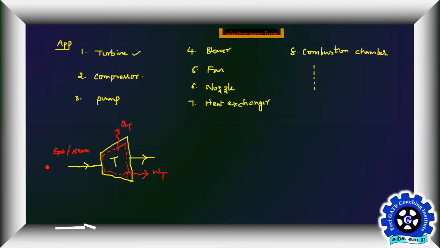So a fluid is coming in, is it right? That's what you're seeing here. A fluid in the form of gas or steam is coming in with some energy, rotating the turbine and going out. That means you're having a mass interaction as well as energy interactions. So these kinds of examples come under open systems. Very important, so please be careful.